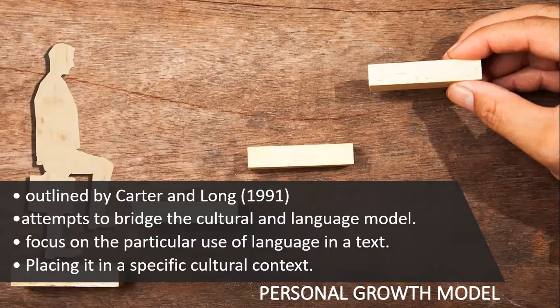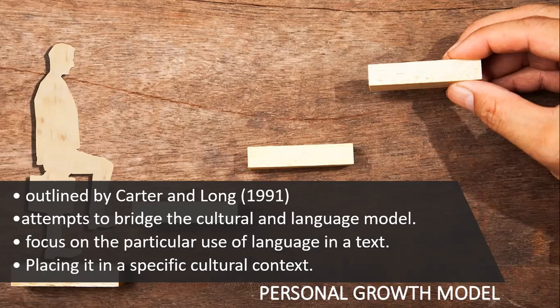When we say personal growth model, it is outlined by Carter and Long in 1991. It attempts to bridge the cultural and language model. It focuses on the particular use of language in a text and placing it in a specific cultural context. So this comes between the culture and the language model. So based on the second definition, it attempts to bridge the cultural and language model. When we say bridging, it is connecting into each other